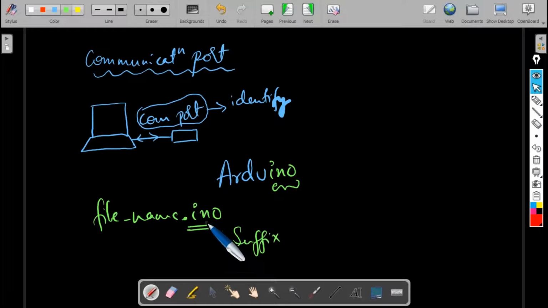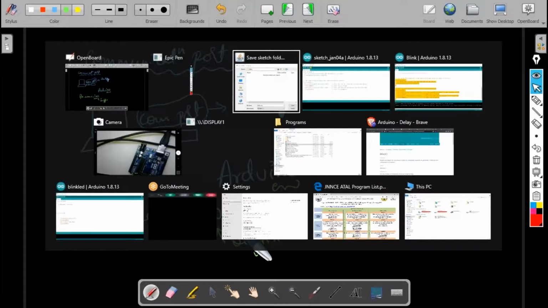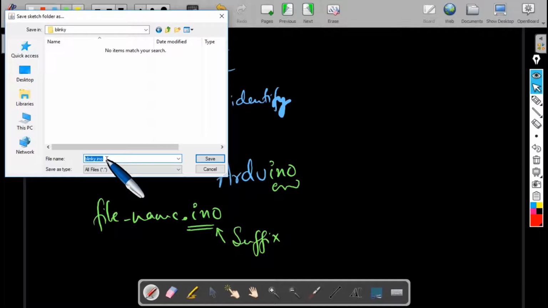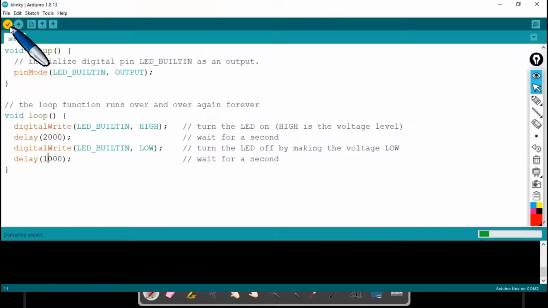Make sure that you always add this suffix .ino. So here we have successfully given a file name followed by .ino, and it's always recommended to give a relevant file name followed by .ino, then hit Save.